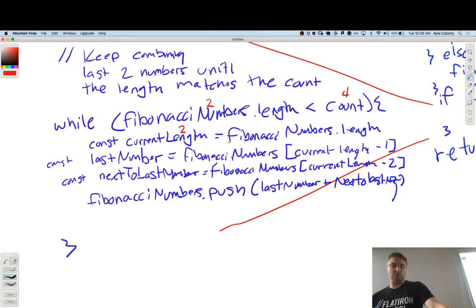Length is 2. The current length, which is 2 minus 1, is 1. So Fibonacci numbers at index 1 is 1. Next to last number is current length, which is 2 minus 2, so that's 0. And then I'm pushing in 0 plus 1, so that becomes 1.